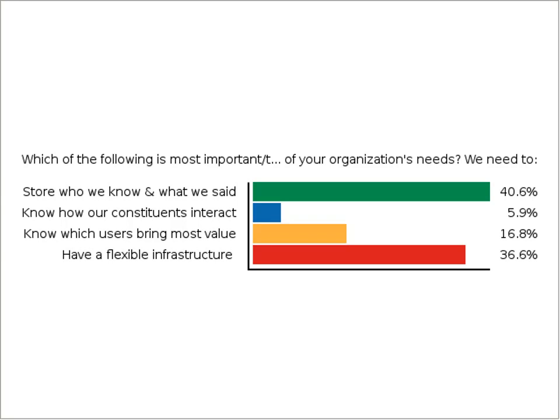Great. So I'm going to go ahead and show the results, and you should be seeing some of this. About 40% of our participants have said that knowing who we know and what we said to them is really important, followed closely by having that flexible infrastructure to change with your needs. We also have a few other comments coming in saying, my needs are a combination of the first and third options. So yeah, we limited it to one choice here just because we wanted to see what really was the most important, but we understand that a lot of you may have multiple needs.